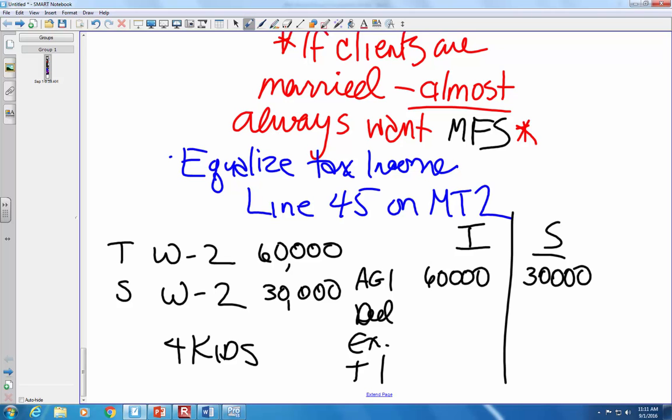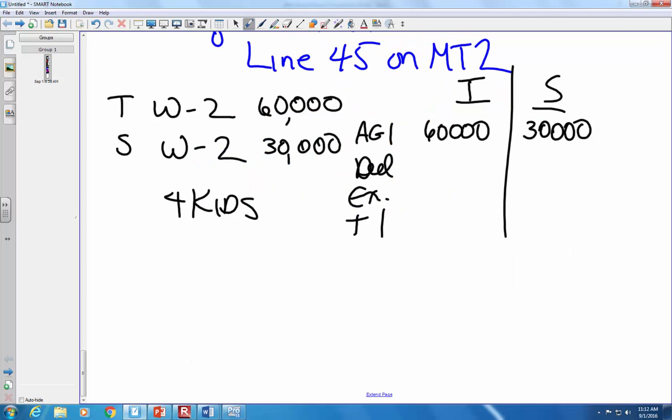Right? You're not going to get it equal. It doesn't mean this number is ever going to be the same. But you're doing as much as you can to not ding the lower income person and push all the write-offs to the higher income person. Okay. This is the difference between somebody that plugs numbers into a tax return and somebody that adds value to their client. Because this takes time, and you have to know what you're doing. So I will watch for that. And then lastly,